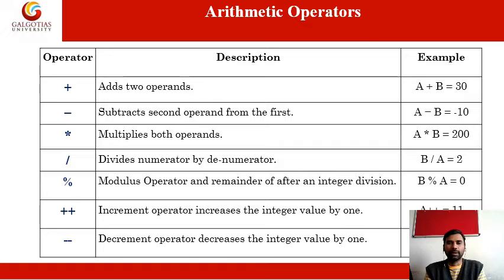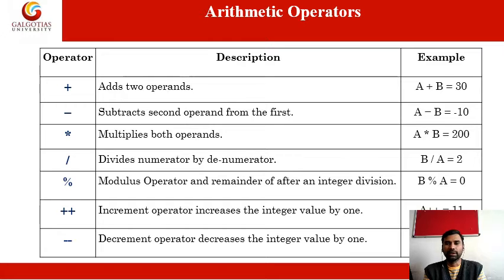The first one is the arithmetic operators. What are the main arithmetic operators? One is the plus symbol. What is the use of the plus symbol? It is to add two operands, any two integers or floating point values. The operands should be numeric values. You can't add a string; if you do, there is a specialized way, where you concatenate the strings.